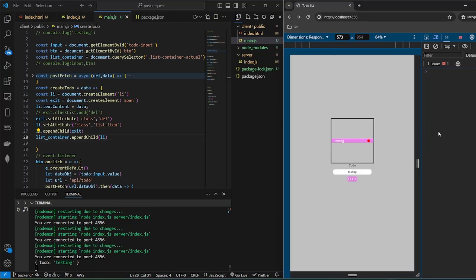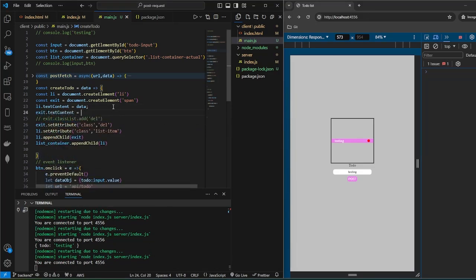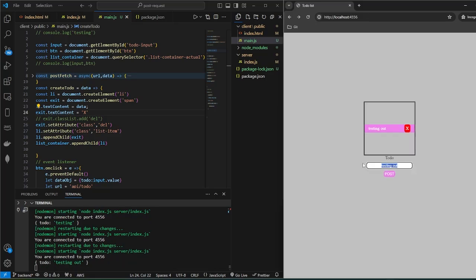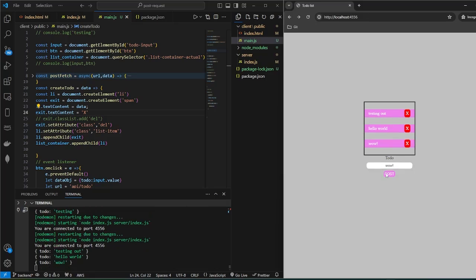Except for the fact that we need to put an X within the exit. So that's simple. We'll change the text content. Exit.textContent equals a big fat X. Testing out. And it looks like it works. We also get this information back from the server. So now you can see how we pretty much